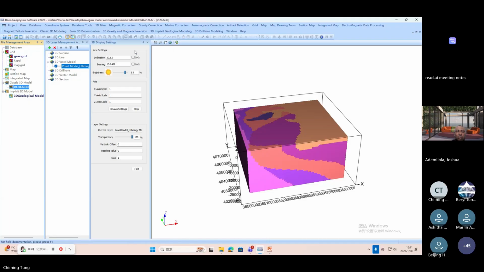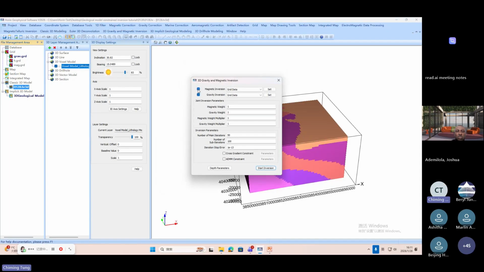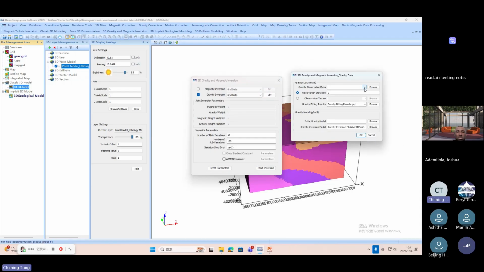First, we do the gravity inversion, so I click the gravity inversion and select the gravity observation data. Here is Grav, and these are different options. First is observation elevation. If your data was collected at the surface, you can choose this, and if you have terrain, you can select the observation terrain here. If your data was collected at a certain elevation, or you just don't know,